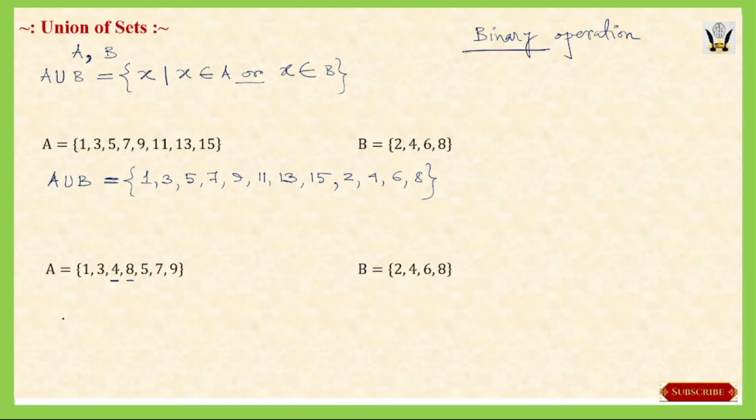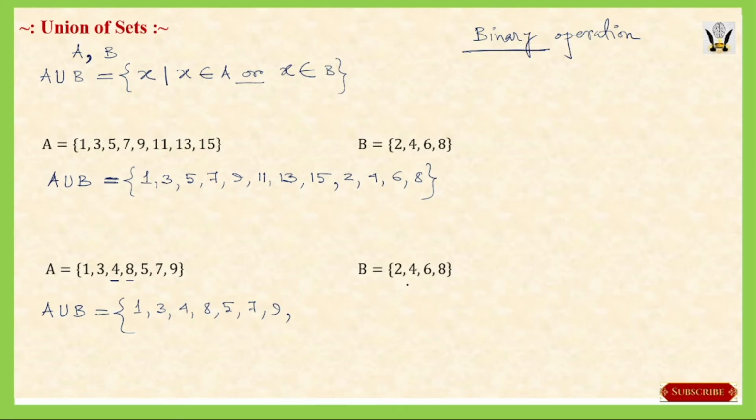So when we consider the new set, which is the union of A and B, what we will do first is write all the elements of the first set. So we will write 1, 3, 4 and so on, all the elements of A one after another, and then we will see what the elements are which are common between A and B. Since those elements have already been written, we will not repeat them. So 4 and 8, since we have already considered them, we will skip them, and the rest